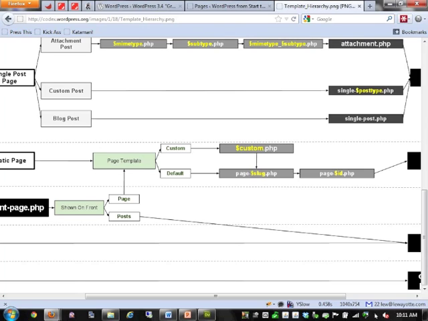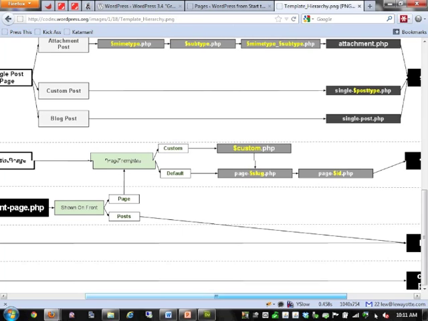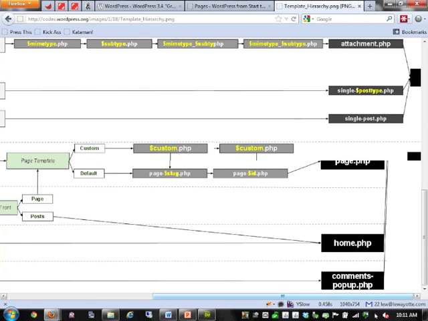And also page-id. So if you have a specific page, like a syllabus page, you could create page-syllabus.php, and when somebody visits that page, it's going to read that as the template for that page, and it won't read it for any other page. And so it gets pretty confusing,